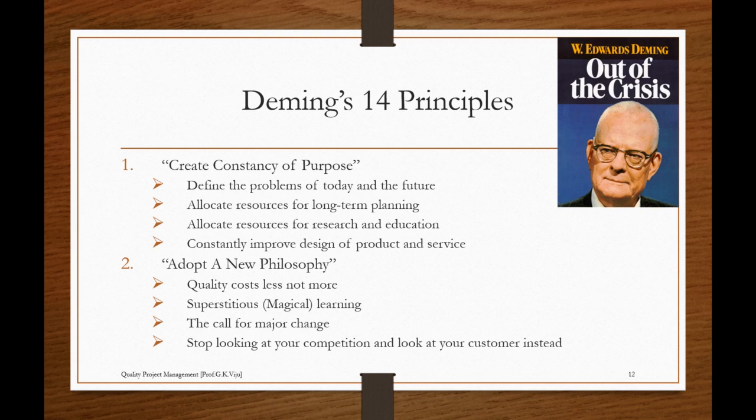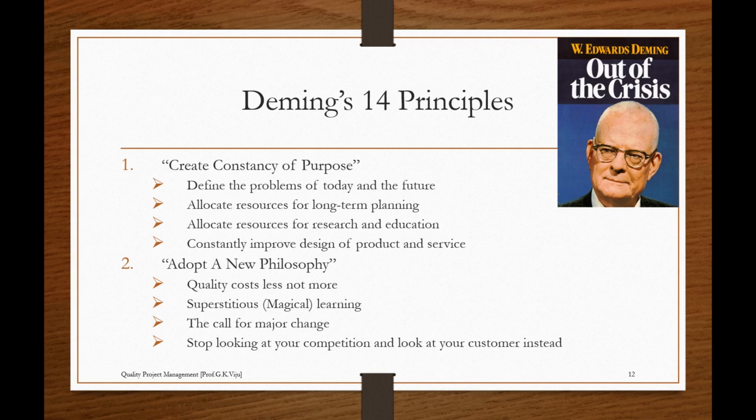W. Edward Deming is considered the father of quality management. His 14 points of quality management, or Deming's model of quality management, is a core concept for implementing total quality management, which is a set of management practices to help companies increase their quality and productivity. His 14 points start with: create constant purpose towards improvement.